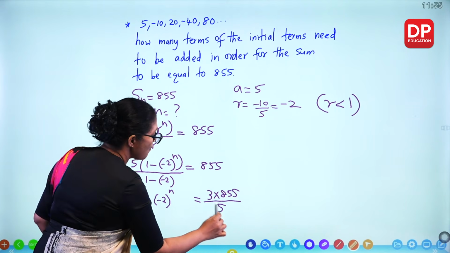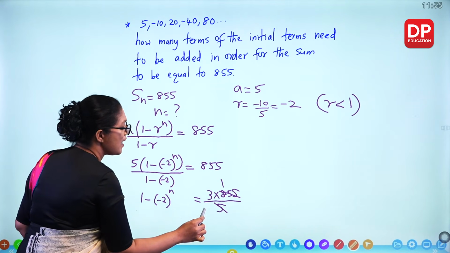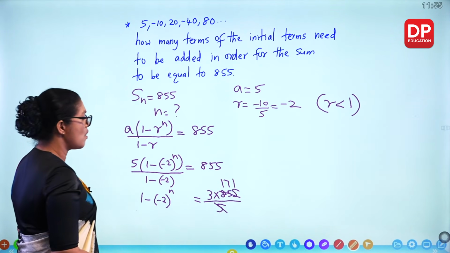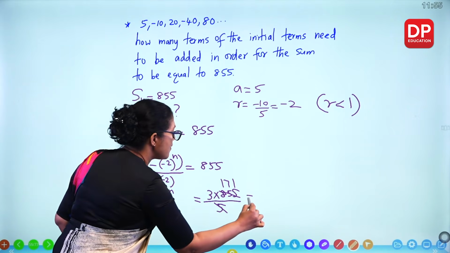We'll divide this by 5 first. 5 times 1, 5, 35, 7, again 1. So 3 times 171,